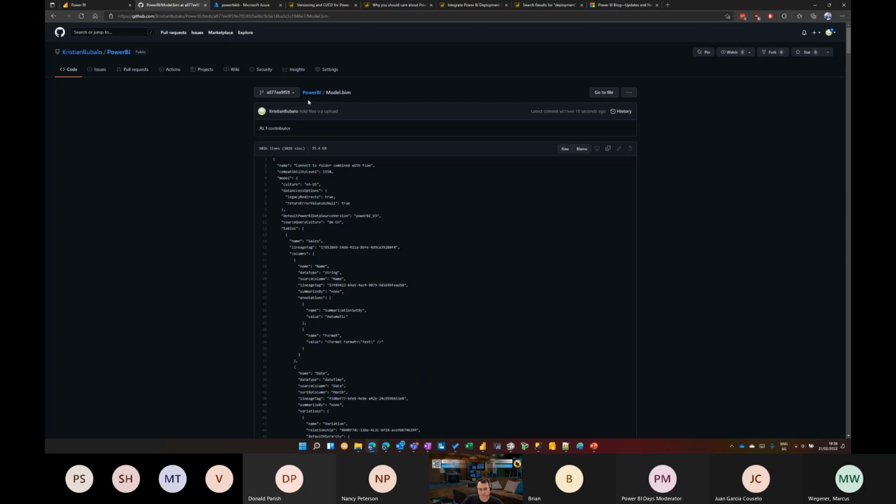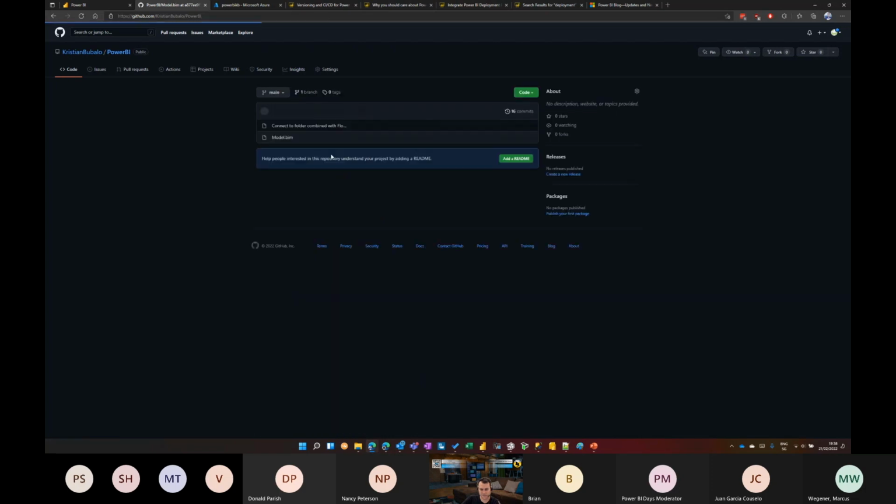Usually, once you upload the file, you can see the changes between the file that is already in GitHub and the file that you're uploading. It will be marked as green for what's new, and red for what's deleted or changing, so that you have an overview from the beginning of what's happening with your file. I'm not sure what I'm missing right now, why I'm not seeing it, but